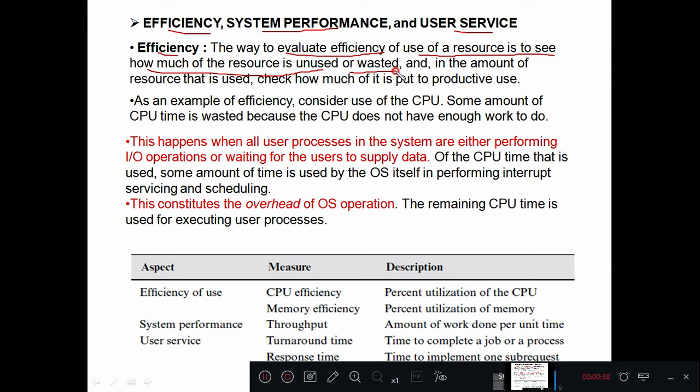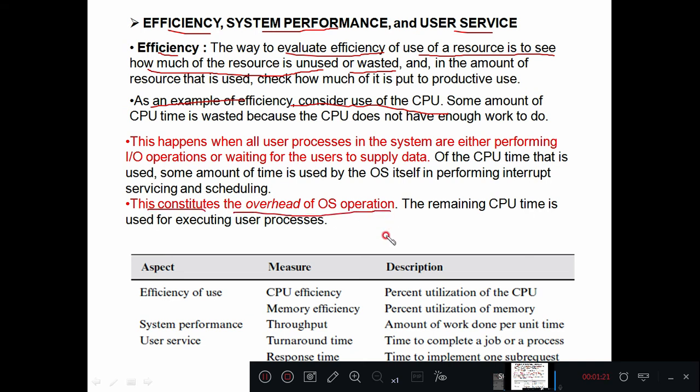When the computer system allocates resources to the user programs, then how much of those allocated resources are efficiently used and how much are wasted. So efficiency is found out by using those two terms. As an example, consider the use of CPU. Sometimes it may perform some useful tasks, and sometimes it may be idle when the user is performing input output operations. In that case, we do not require CPU, right? So CPU will be idle in that case. In that case, we can say CPU is not efficiently utilized, right? And these things we have already discussed.